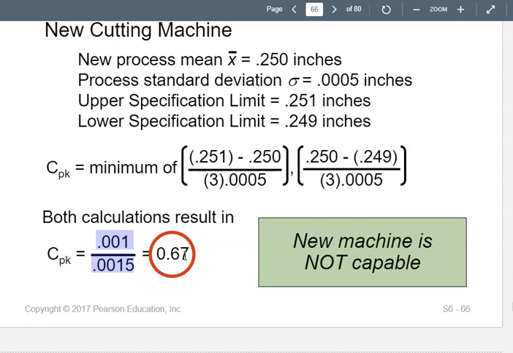So the 0.67, the Cpk has to be 1 or higher for the system to be capable. So is this system capable? The answer is no, because the Cpk is lower than